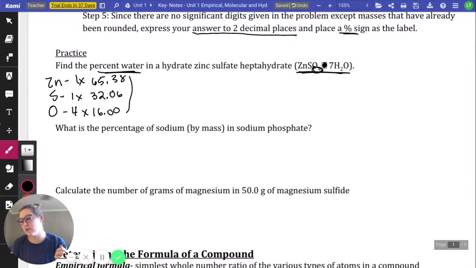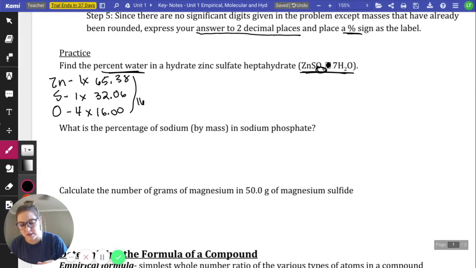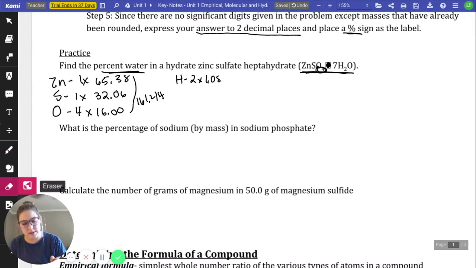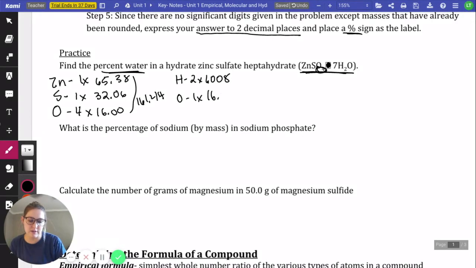So that tells me my zinc sulfate, add those all together, my zinc sulfate has a mass of 161.44. All right. We also have to find the molar mass of our water. So our water is made up of hydrogen, and there's 2 hydrogens. Each of them have a mass of 1.008. And then we have oxygen, and we have 1 oxygen, and it has a mass of 16.0. So that gives me water's total mass is